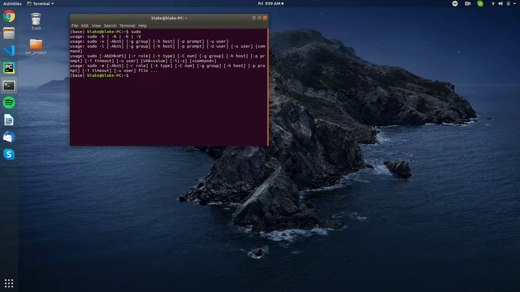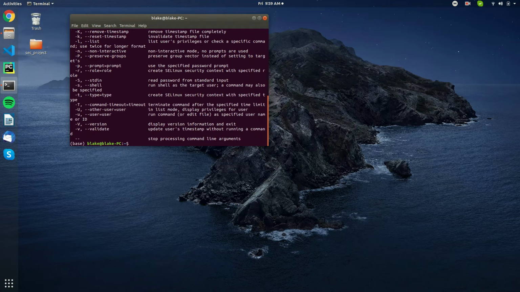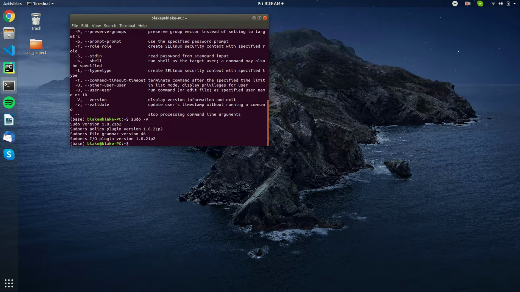But the real attack happens when we do sudo apt or sudo any command that we would normally run to get root privileges. But just to show some more features that I programmed, like help, it also shows what you'd expect, or sudo -v also shows the version, but this is all just fake